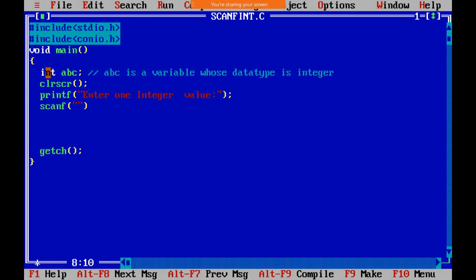So here we need to specify the value. So here I will use percentage d. Why? Because data type मेरा integer. After that we need to use a comma for separation. That value will be stored in a variable. What is the name of the variable? ABC. So the value will be stored in ABC. But we need to store that value in a particular address. So for that, here I will use ampersand. So address of ABC. The value will be stored in the address of ABC.